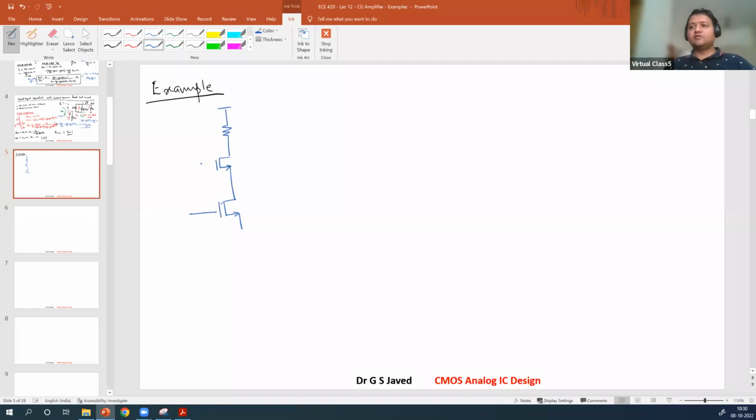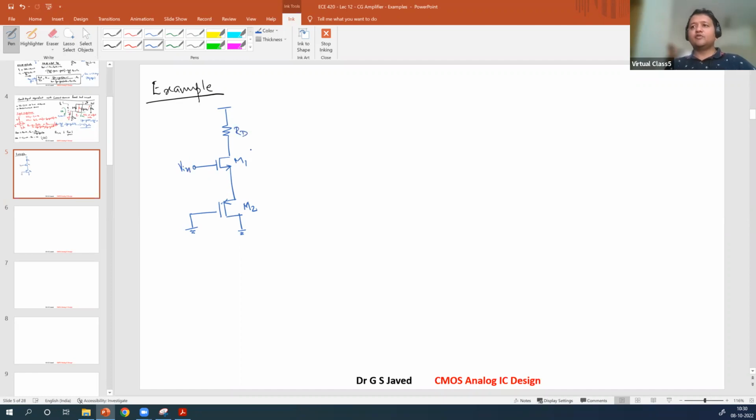It's the first time you're seeing cascaded devices, but this cascade device is familiar to you. What is that cascade device? We have device M2, device M1. At the gate of M1, we will apply the input